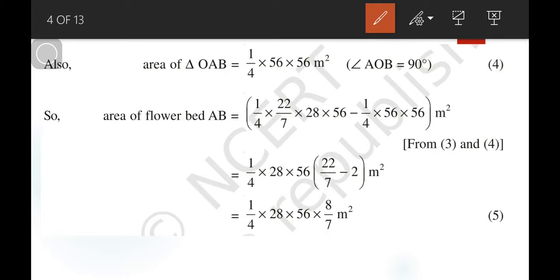Here given x square is 28, so here it is 1 over 2 into 28 into 56 meter square. To convert 56, we multiply by 2 and divide by 2, so here 56 appears, and 2 into 2 is equal to 1 over 4. So 1 over 4 into 56 into 56 meter square is equal to 1 over 4 into 28 into 56 meter square. So area